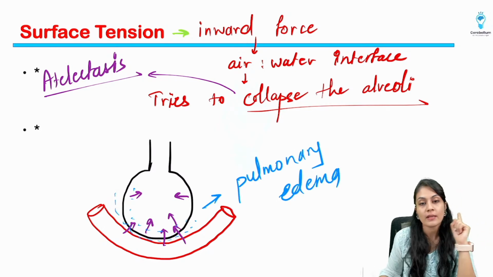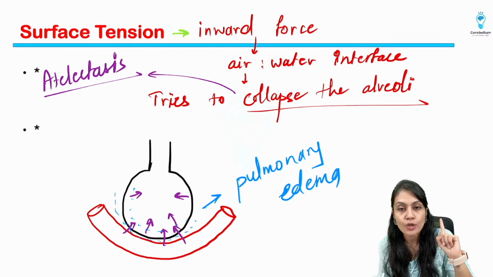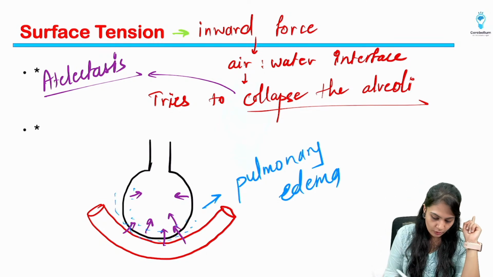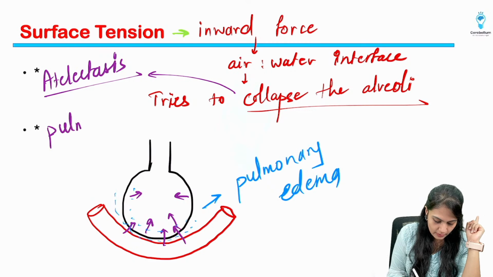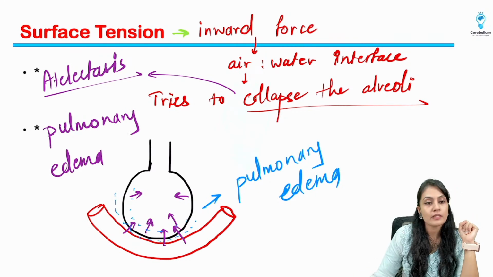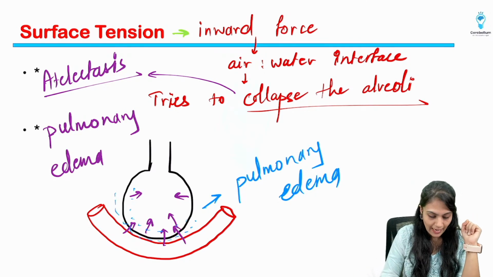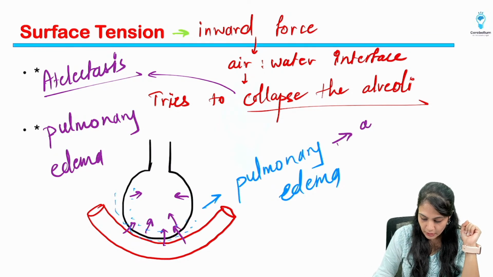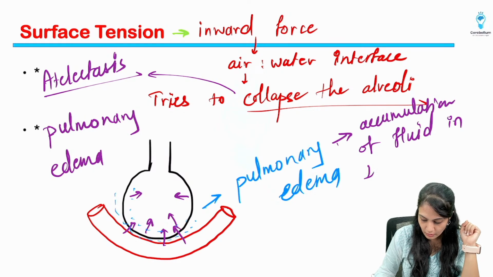And that's why it is very important to prevent this. Okay, so two things are very, very important. What are the two things? First thing is atelectasis, which is nothing but the collapse of the alveoli, and second thing is pulmonary edema, which is nothing but the accumulation of the plasma outside of the blood vessel, especially in the ECF, right? So accumulation of fluid either in the interstitial space,